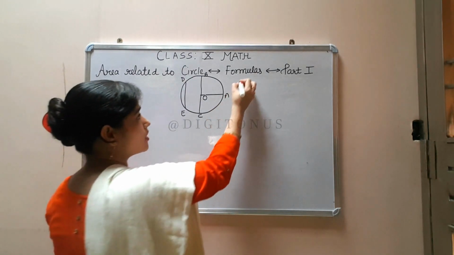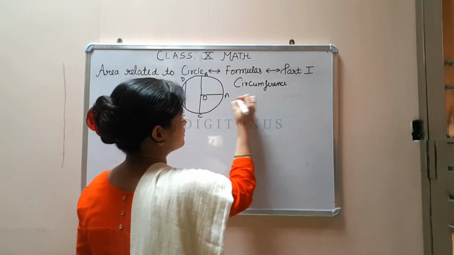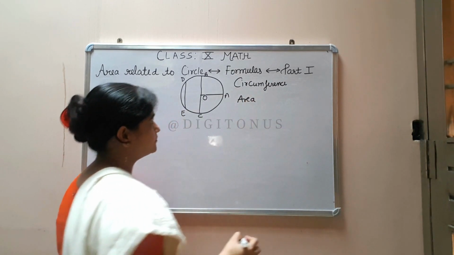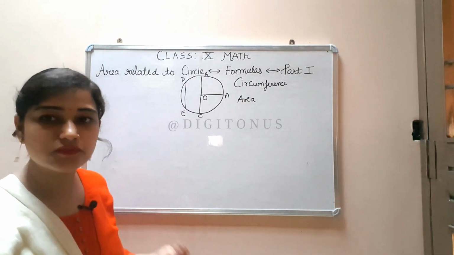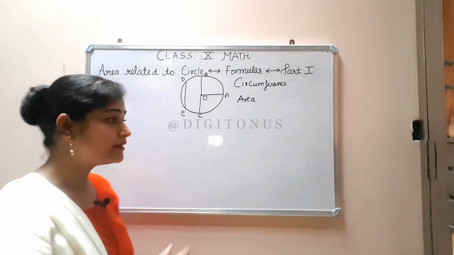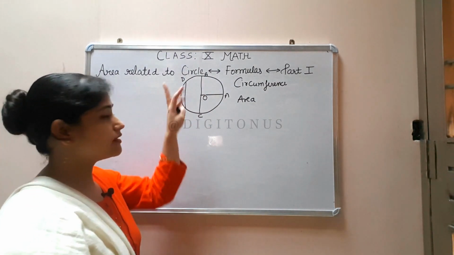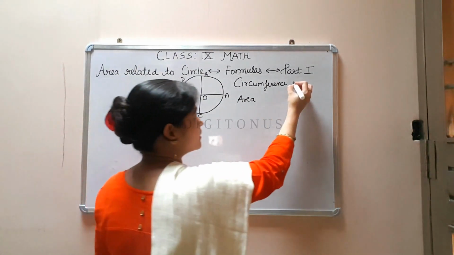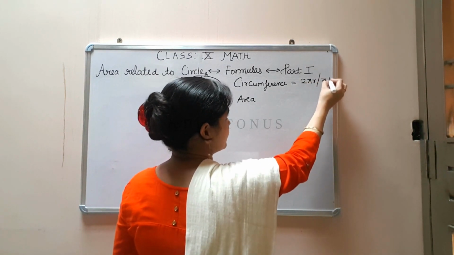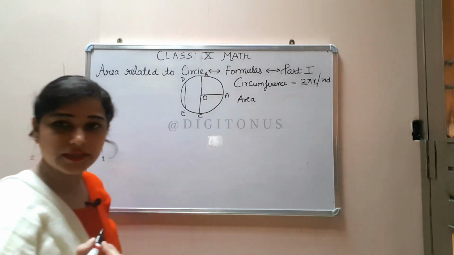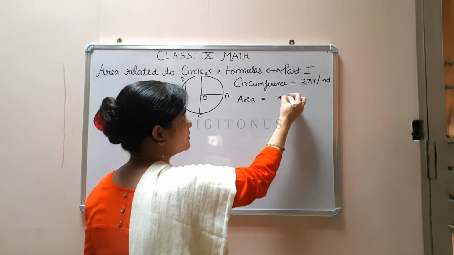Now we will talk about the circumference of a circle and the area of a circle. Circumference is the distance around the circle. Just as we find the perimeter of a polygon, where we cover all the sides, all the boundaries, in the same way the whole circle boundary is called the circumference of the circle, and the formula is 2 pi r, or you can say pi d. Why? Because 2r is equal to d. Diameter is just double the radius, and the area of a circle is pi r square.